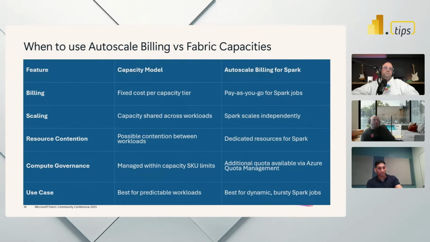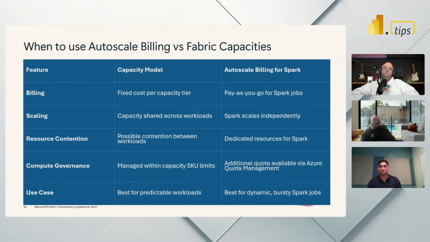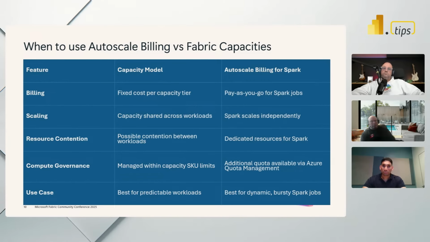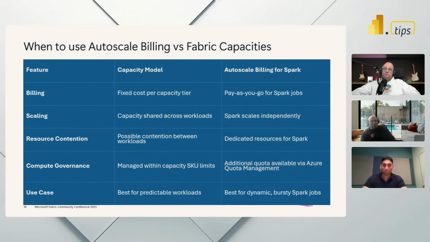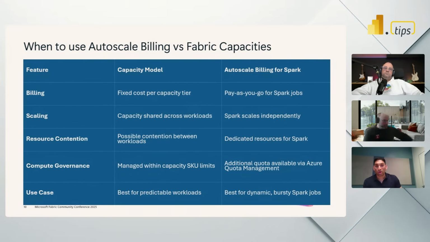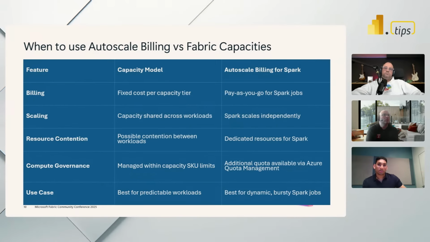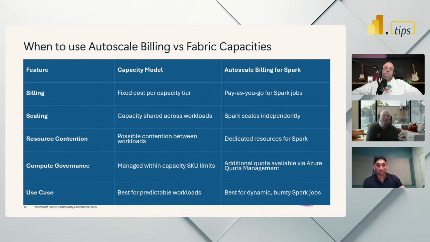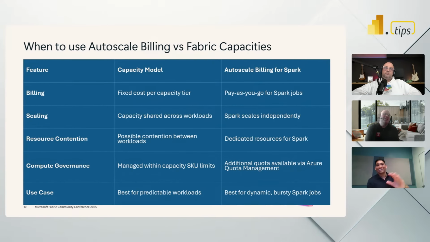But say, for example, your average usage is going to be 200, something that you could fit within an F64, but your Spark usage or your month-end data processing is going to have like a 10,000 core requirement. In those cases, you don't have to go and provision a larger capacity for this. You could put it on Autoscale, set the max CUs to say 10,000 in this case, and your base one. Again, 10,000 is just